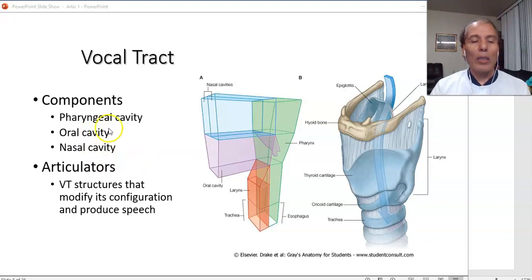So then these are the components of the vocal tract together. And the articulators are basically the vocal tract structures that modify the configuration and produce speech. For example, when you move the tongue forward, it will affect the resonant frequency or the pitch of that